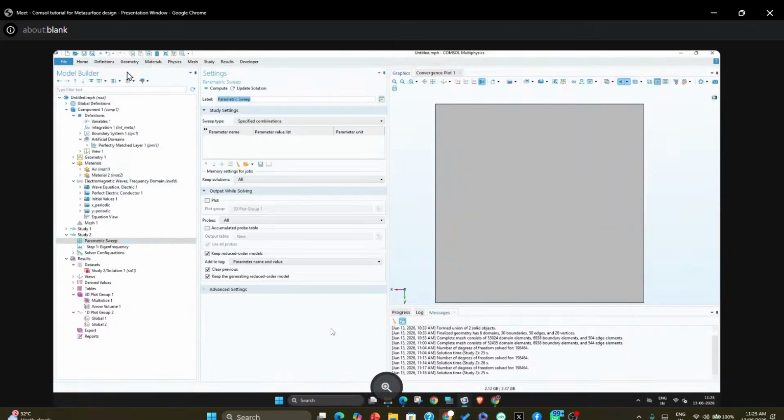So if you do parametric sweep on this one, then there is a parameter names. Then if you click on the plus sign, all the parameters you define will come. Any parameter you define in your parameter section in global definition will appear here, and then you can sweep that parameter. For example, if you want to sweep the periodicity, you can choose this one, and then there is the parametric